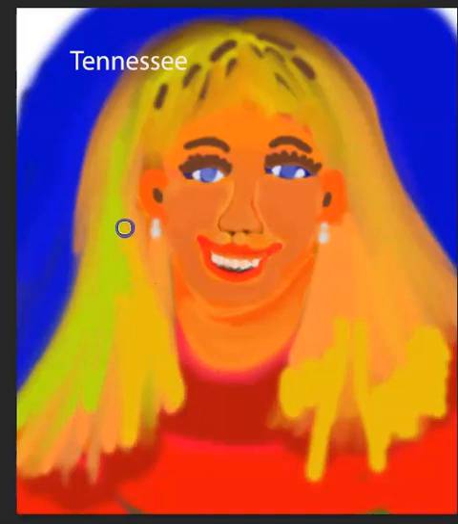So if I go ahead and add a little bit of yellow, I'll color in a little bit of the hair on the top.